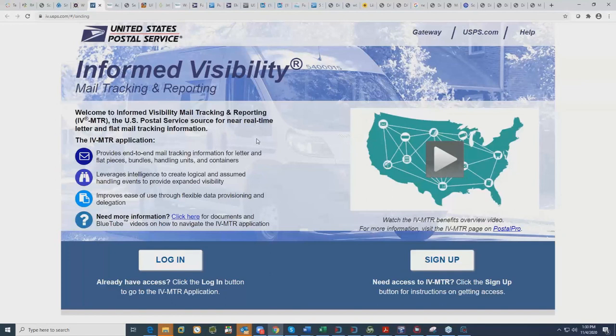Within DAT Mail, there's a certain way that you would want to generate this report so it's compatible to work with DAT Mail and that SQL database I was talking to you about. So the IV MTR report, once you have requested and have been approved to receive the report, and you're using DAT Mail,